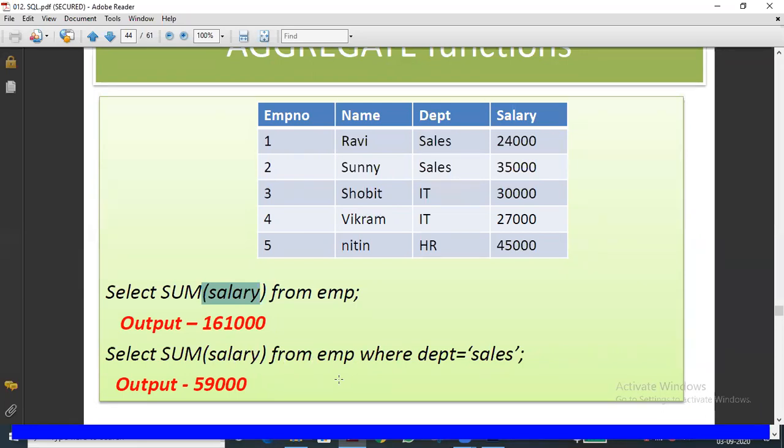Yeah, it is department-wise. For example, who are all working in the sales department, what is the total salary of the sales department? Sales department alone, how much amount are we paying as salary? IT department alone, how much for the salary? And HR department, how much amount are we spending? Likewise, we can get the segregated values also. The same function we can use by giving the condition using the where clause, where department equal to sales or where department equal to IT.